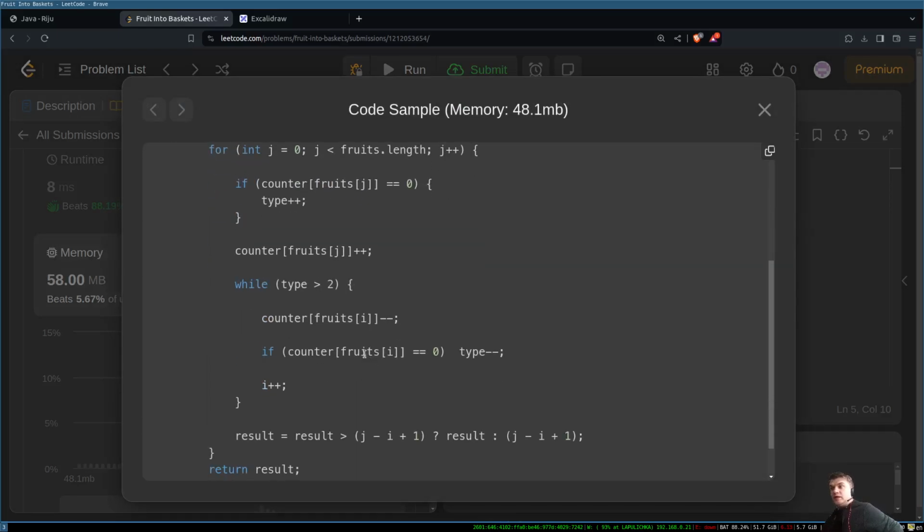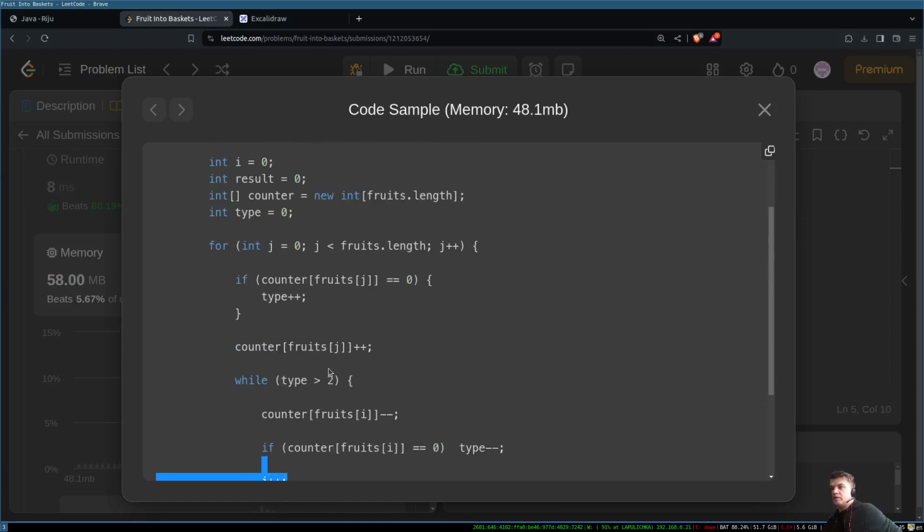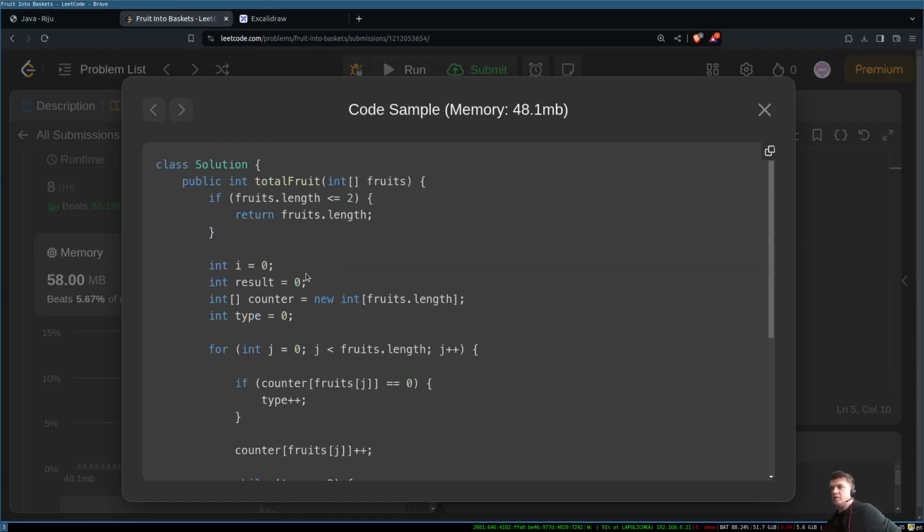That's very interesting. Why, if we have this, is something weird happening with this algorithm? If we have this